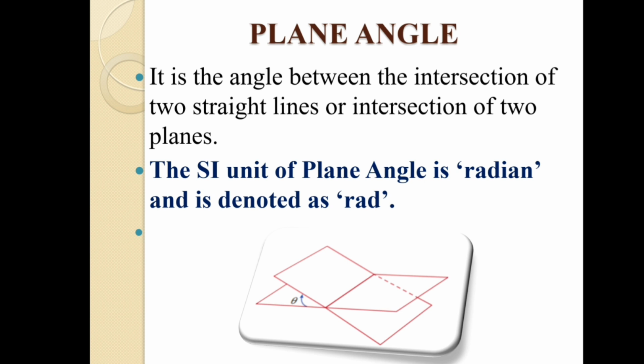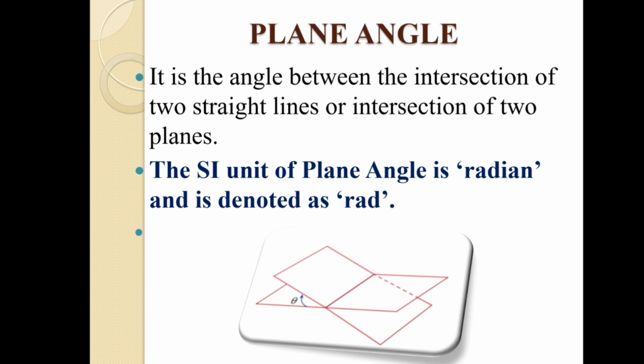I am repeating once more, listen carefully. You can see the two straight lines crossing each other, the point where they join is called the intersection. Intersection is the act or process of crossing or passing. So the angle formed between the crossing of two straight lines, that is the intersection of two straight lines or planes, is known as plane angle. So the angle theta between the intersection is what is called the plane angle.